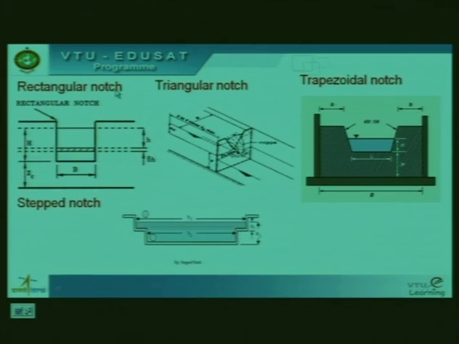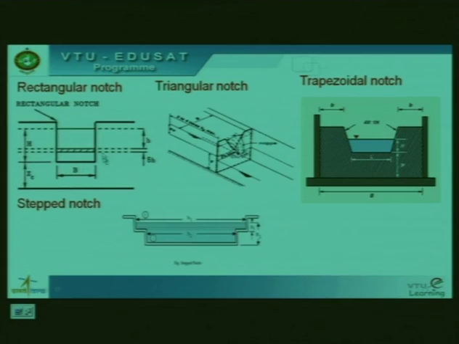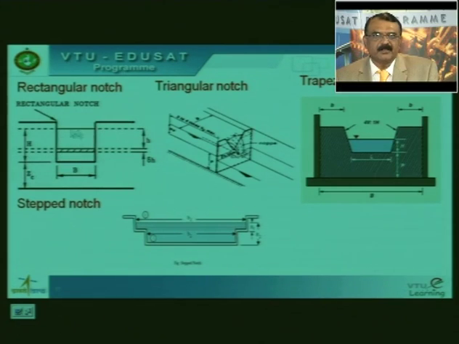Now, this is a rectangular notch. Remember, this is a plate. In the plate, at the center you cut a rectangle, then this behaves as a rectangular notch. This is a triangular notch. Look at this. This is a channel. In the channel we placed a triangular notch. Basically, take a plate, whether it is a mild steel plate or aluminum plate. At the center of this plate, you cut this V-notch shape or a triangular shape,